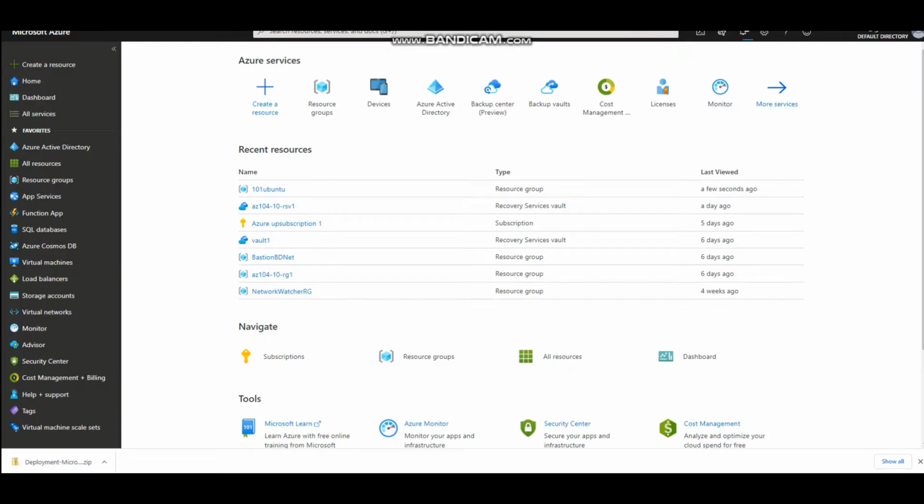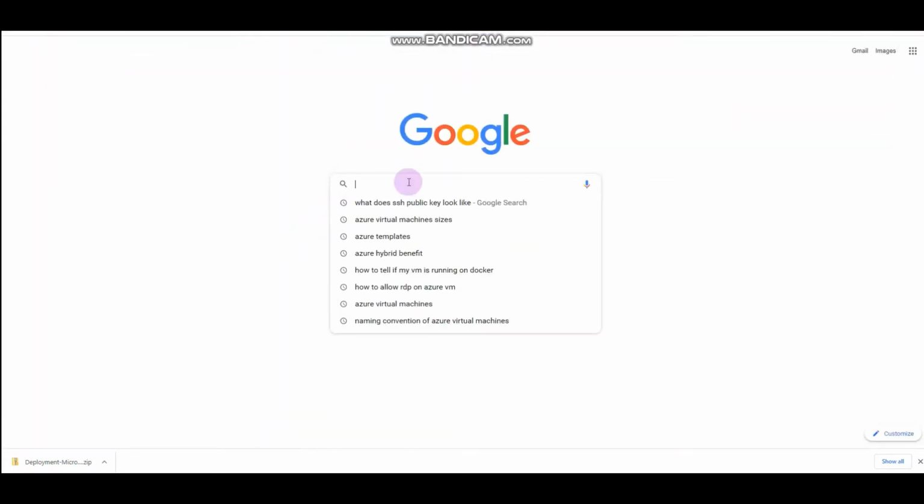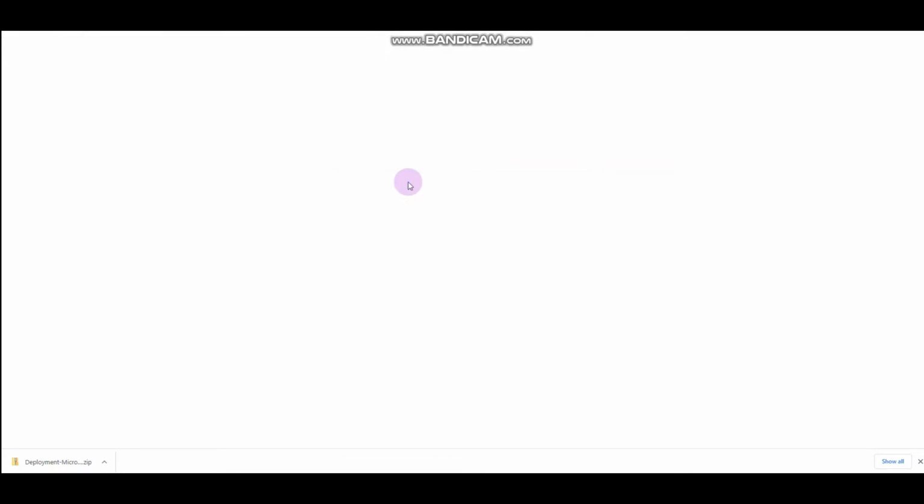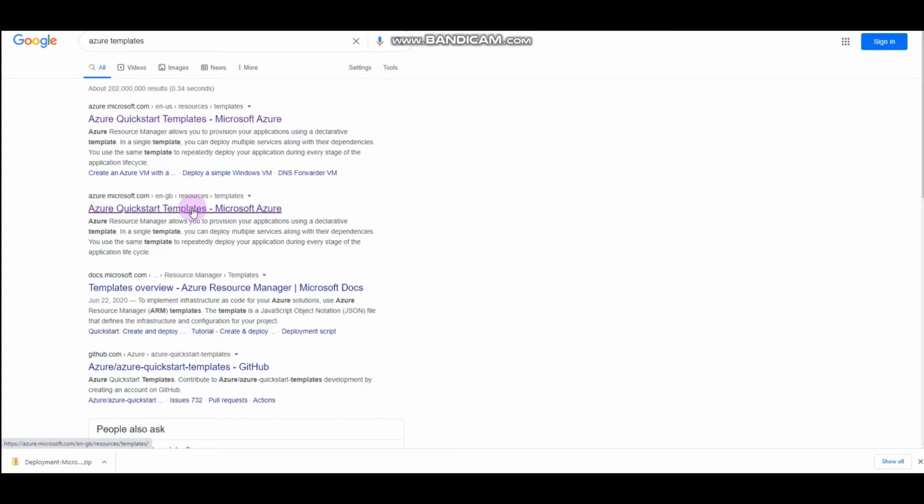Today I'm just going to install Azure VMs using pre-configured templates. So what I'll do, I'll just go to Google and search for Azure templates, and there are Quickstart templates. Just click on that,